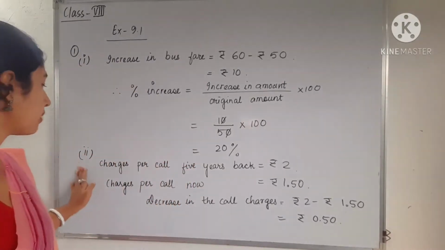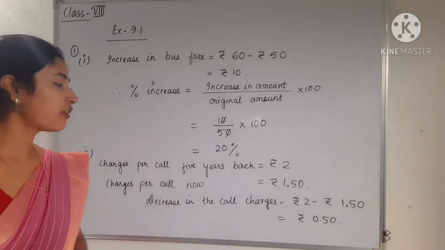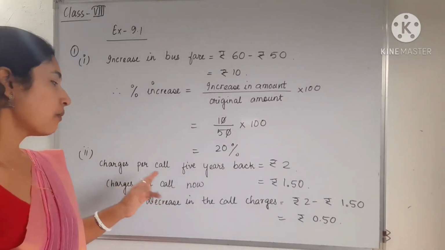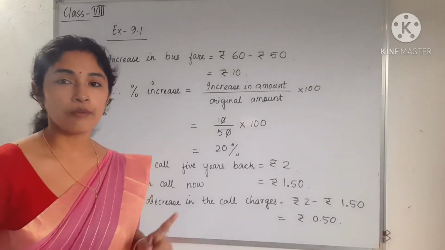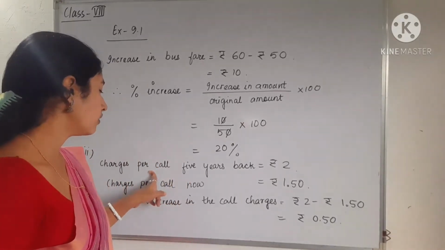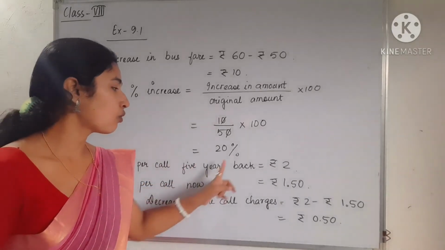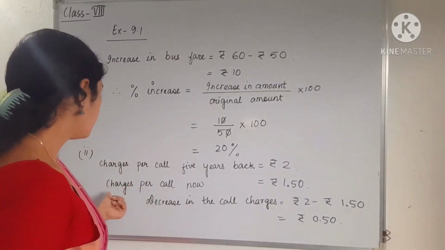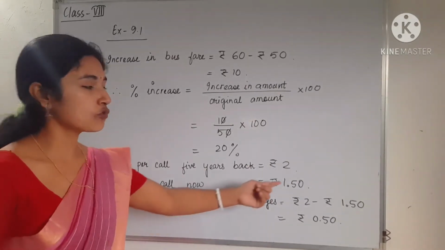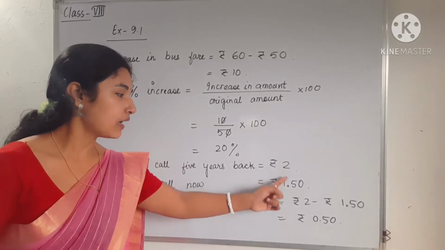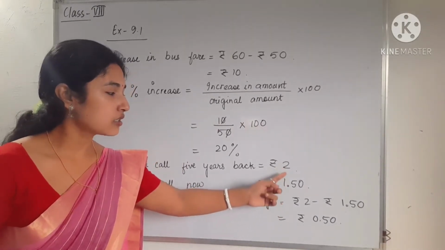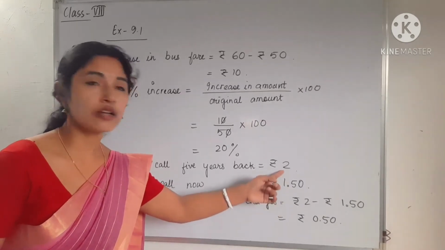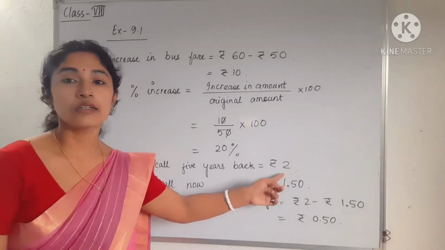Okay. Similarly, number 2, charges per call 5 years back. That means 5 years ago the charges per call, that means one call. Okay. If you are calling, then the call charges was rupees 2. This is per call, that means for one call. And now the charges per call is rupees 1.50. So you can clearly see that the charges now is less than the charges 5 years back. That means there is a decrease in the